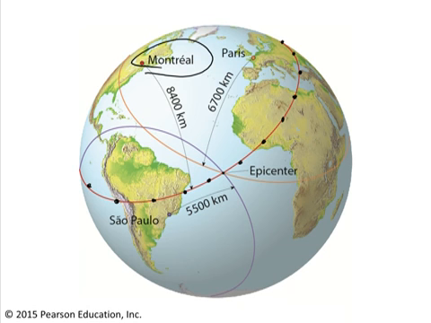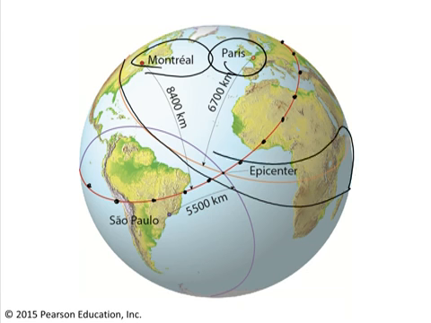So then you've got to match that up with data from two other seismographic stations. Let's take a look at Paris. It's 6,700 kilometers away from Paris. So Paris says the earthquake is going to be somewhere along this orange line. That orange line crosses our red line in this spot here, and then in another spot on the other side